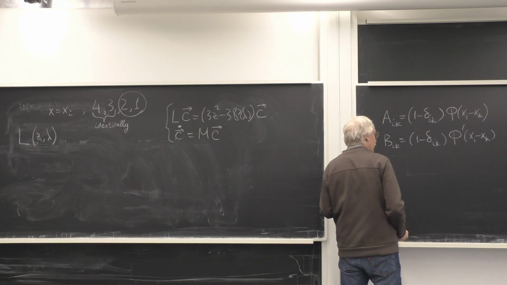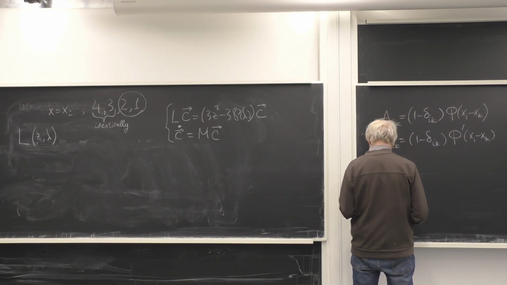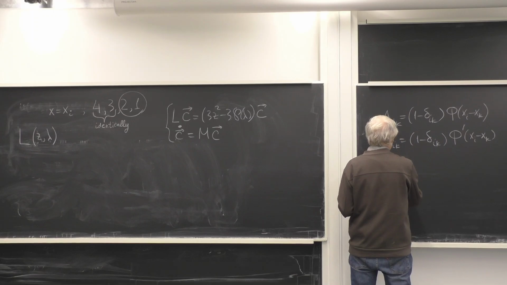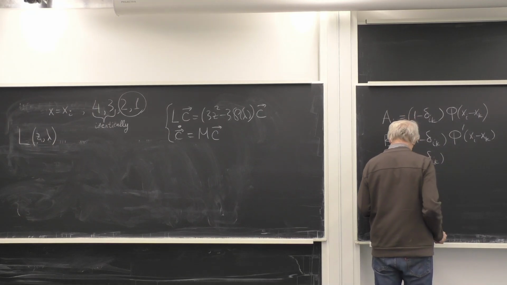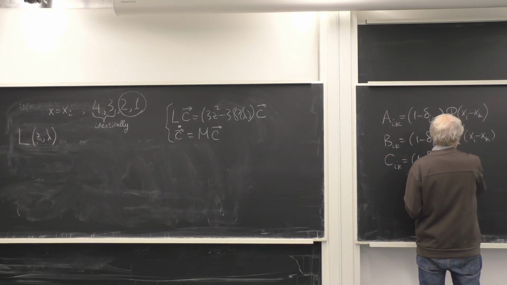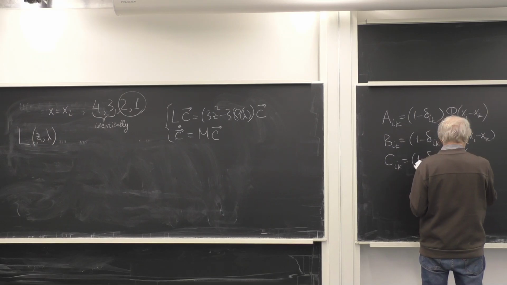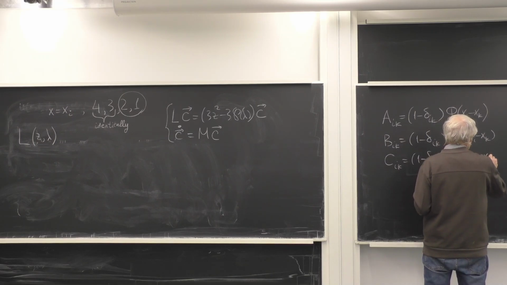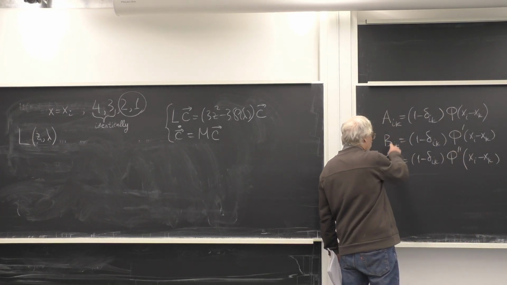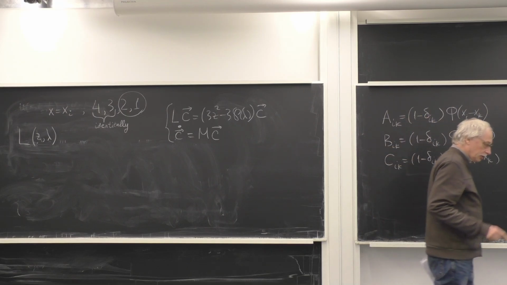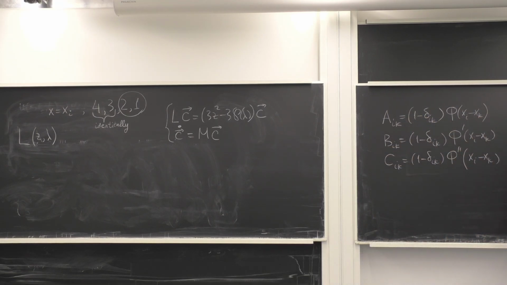Phi prime is the derivative in x, in the first argument. We need also the second derivative. So these are off-diagonal matrices,